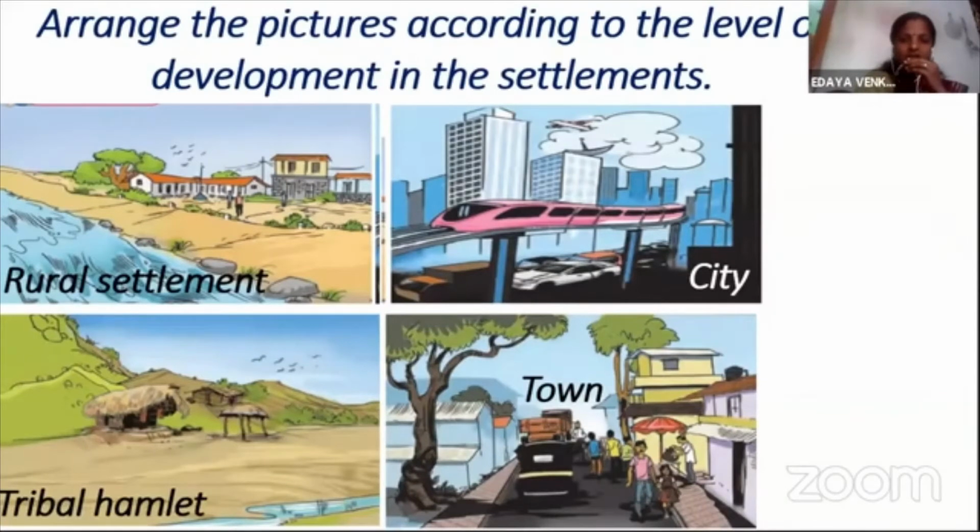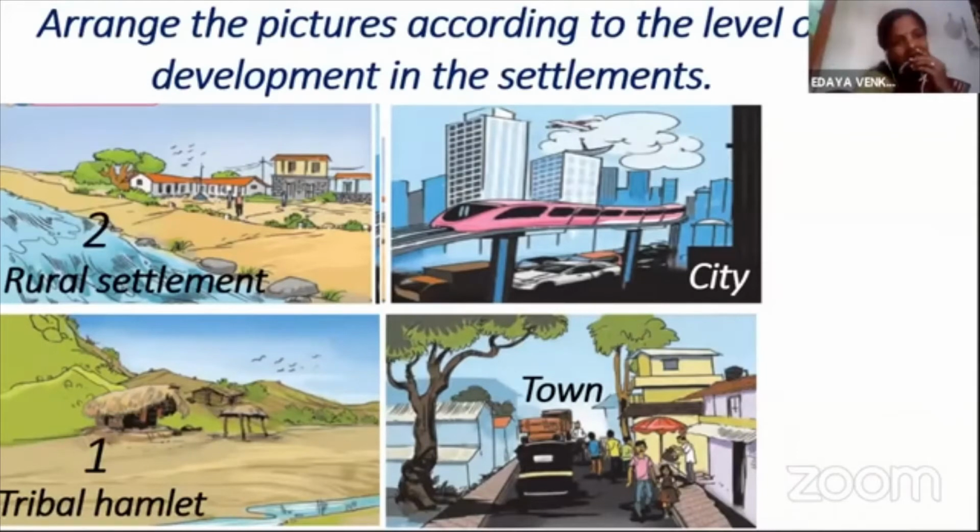That is tribal hamlet. And then he used to settle in a single place doing farming and all, and whatever is necessary is fulfilled in that main particular area, that is known as rural settlement. So the first one is tribal hamlet, and then the second one is